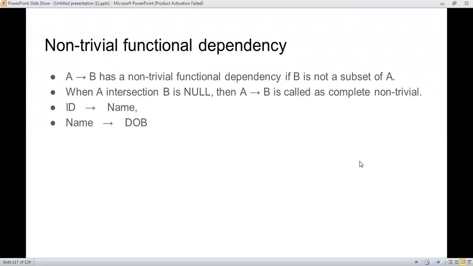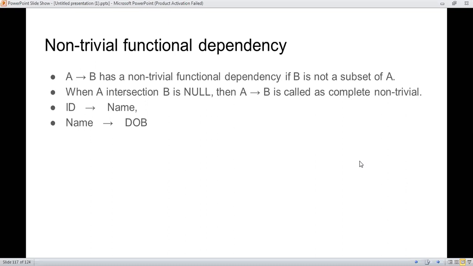For the TE computer class, suppose there are three attributes: roll number, name, and age. The roll number is mapped with name, and name is mapped with age. This type of dependency is known as non-trivial.